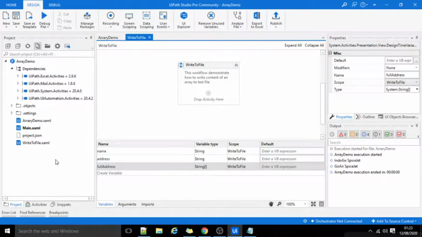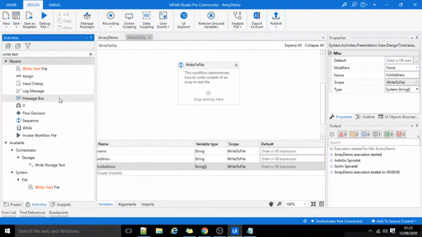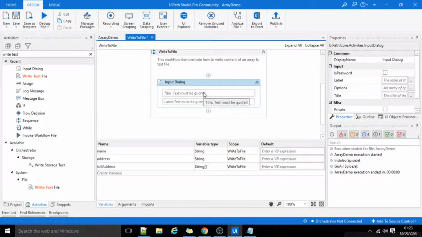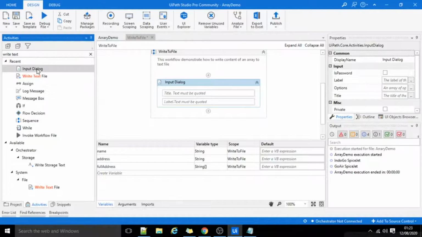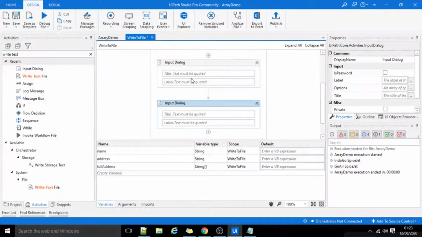Now I will take two input from user. For that, I'll take two input dialog box. In first input, I want to capture name.